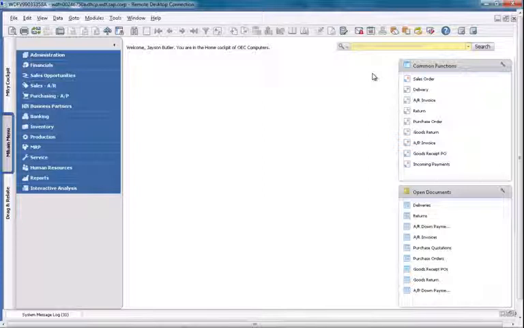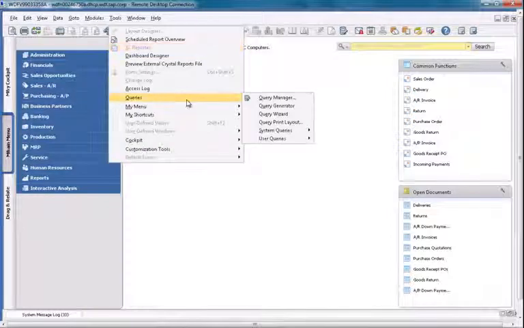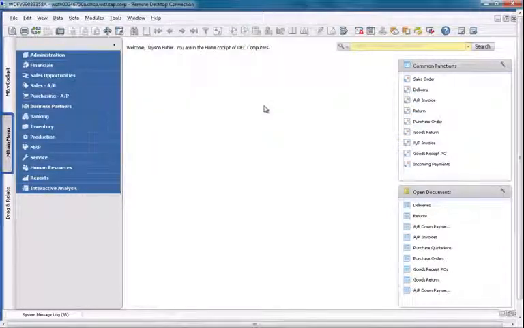To do this, I'm going to create a very simple query to give me an overview of every sales employee in my company and their sales performance by customer. I will then embed that query into the Business Partner Master Data, providing me with a dynamic report when reviewing customer details. So let's start by navigating to Tools, then Queries, and then the Query Generator to create my very